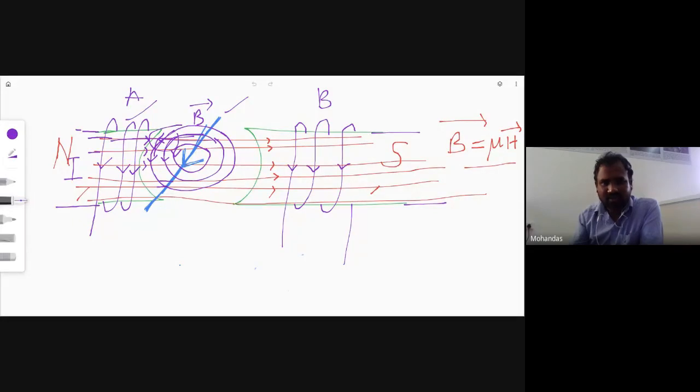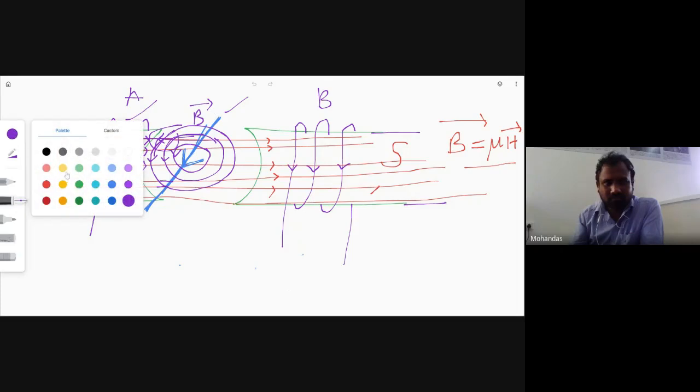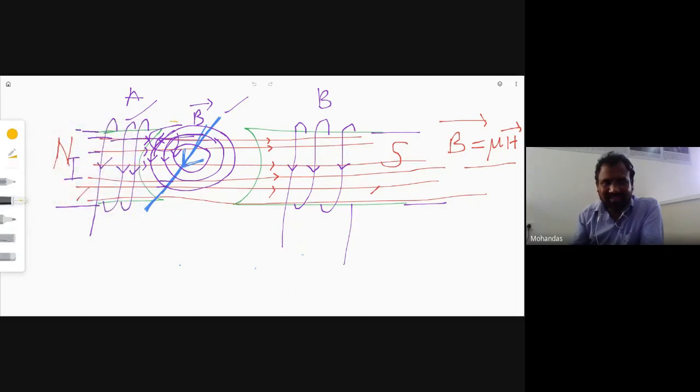Tell me, is there an effect of this flux and over this one? Yeah, these principles can be learned from EMF concepts only. So if you are thorough with this straight conductor as well as circular loop conductor, the armature reaction is very, very easy. Okay, so what I'm trying to say is that if it is a straight conductor,